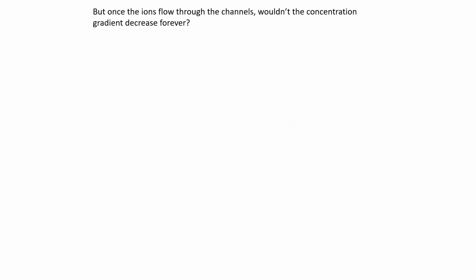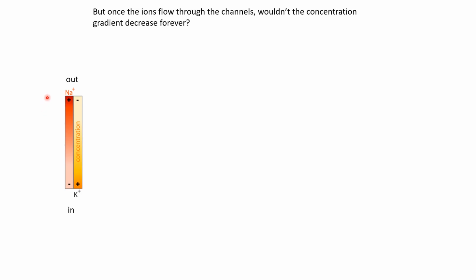So we now understand how the concentration gradient is made possible by the presence of a membrane. We also understand how the ion channels allow the ions to move despite having this membrane barrier. But there is one more question that we need to answer, and that is how is the concentration gradient maintained over time despite the ions moving through the ion channels?